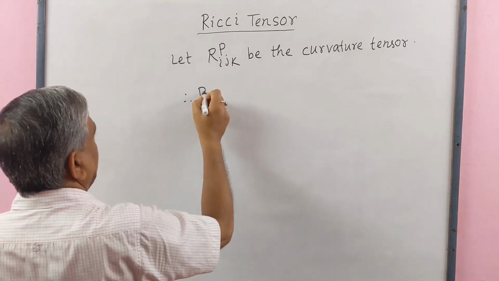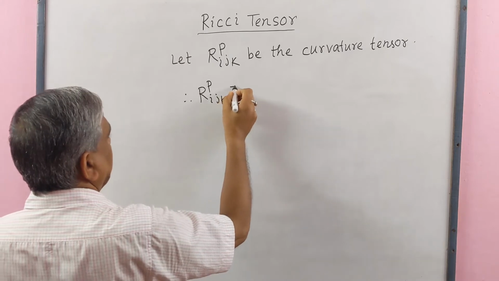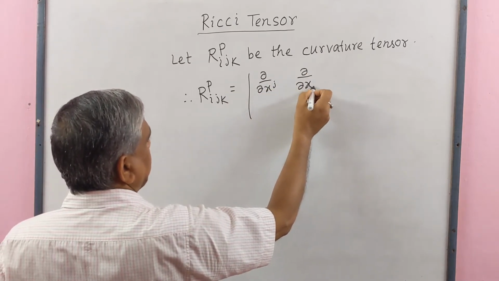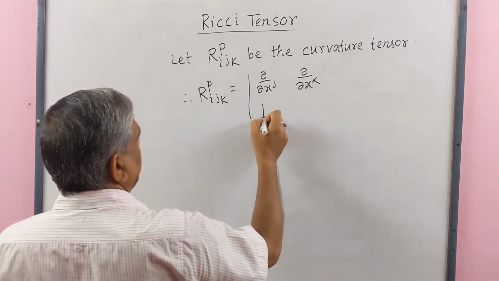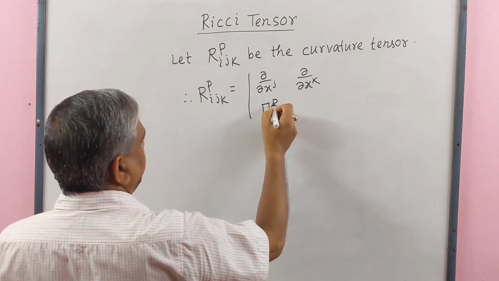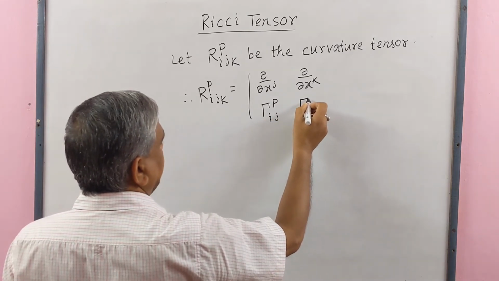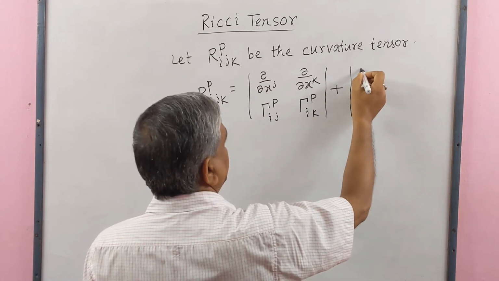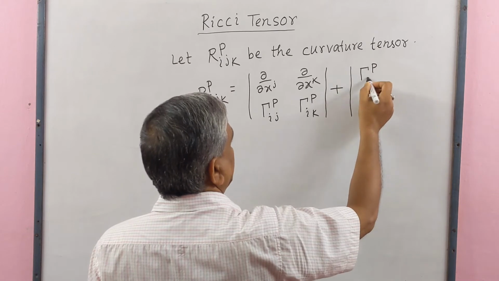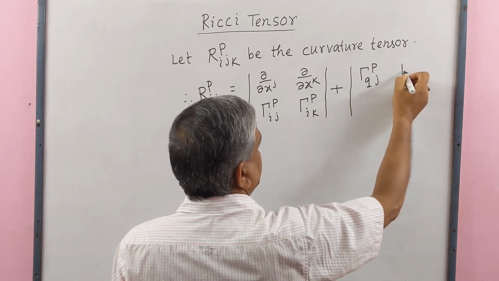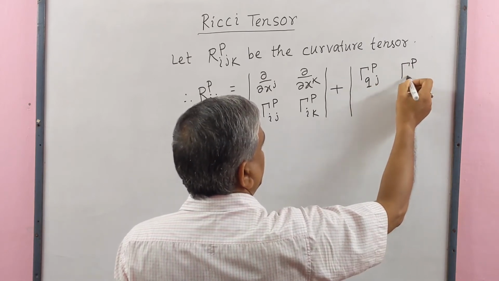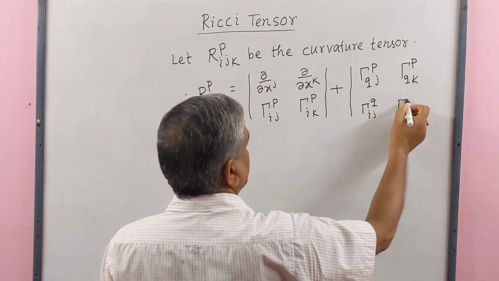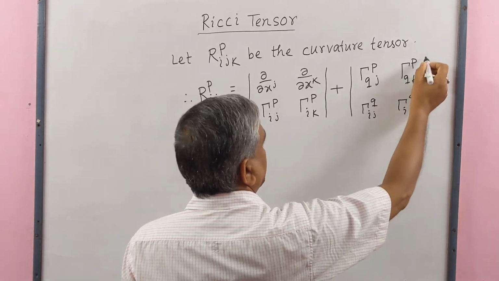Therefore, R^p_{ijk} equal to determinant of del by del x^j, del by del x^k, Christoffel symbol of second kind {p, ij}, Christoffel symbol of second kind {p, ik}, plus Christoffel symbol of second kind {p, qj}, Christoffel symbol of second kind {p, qk}, Christoffel symbol of second kind {q, ij}, Christoffel symbol of second kind {q, ik}, determinant